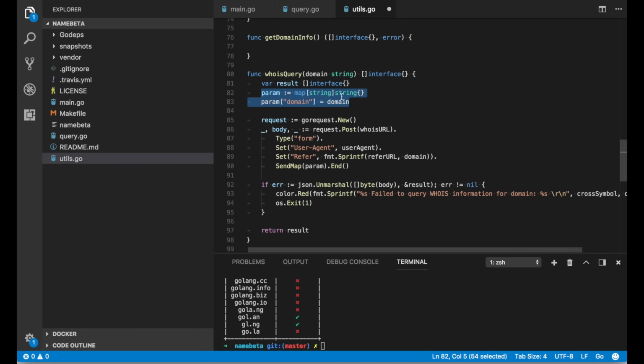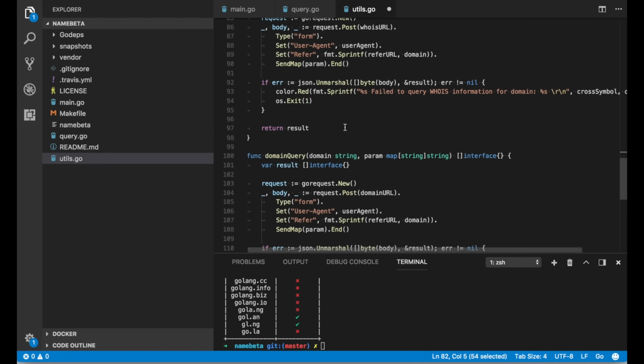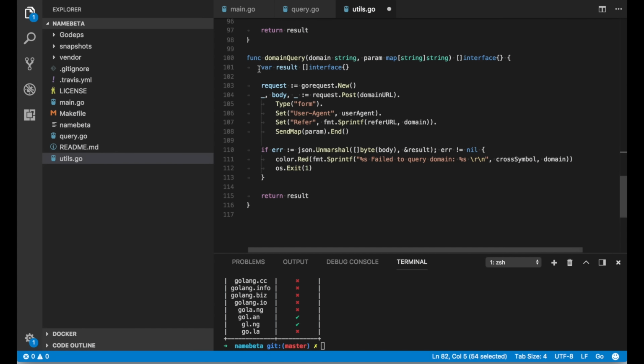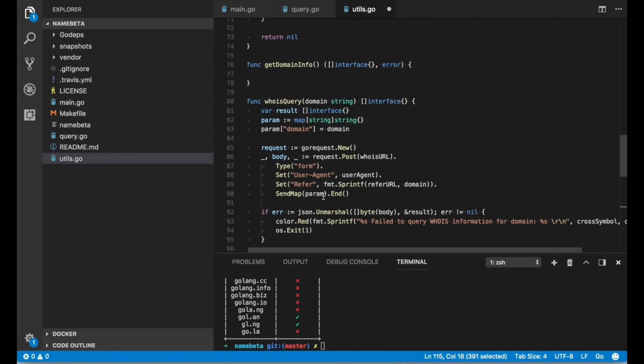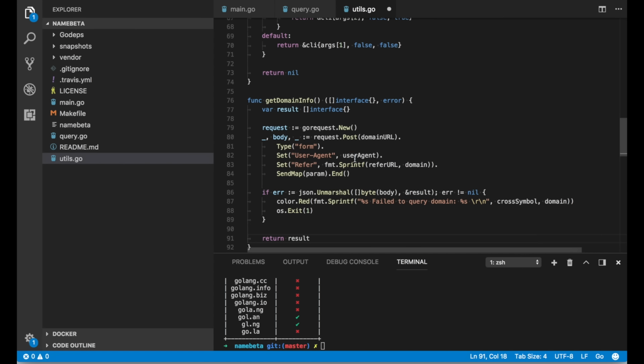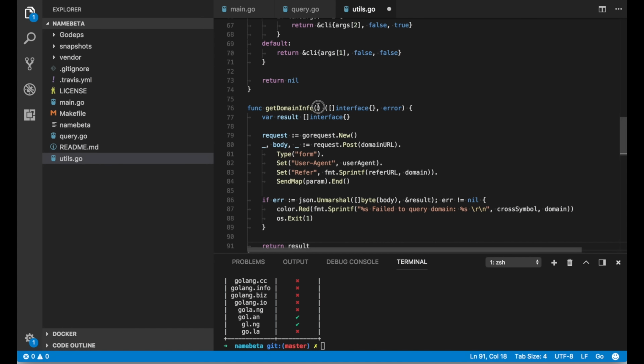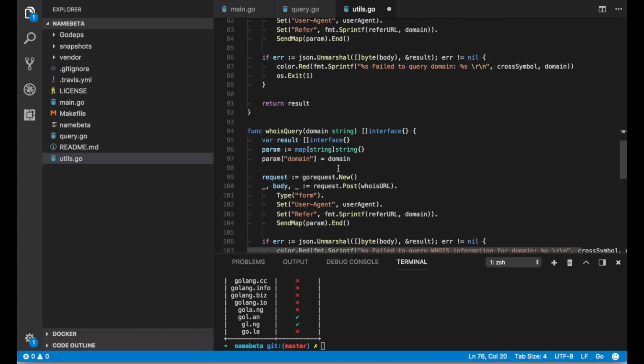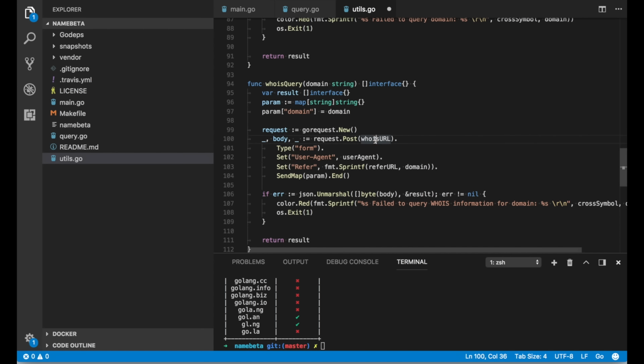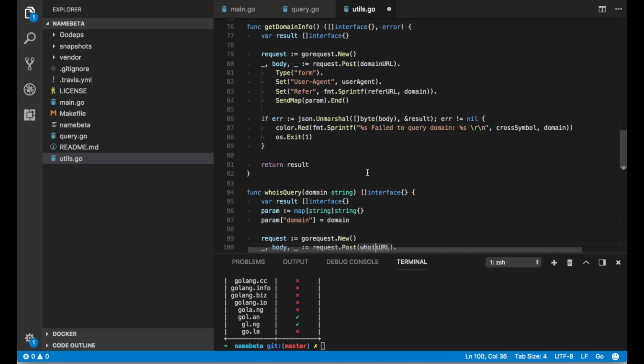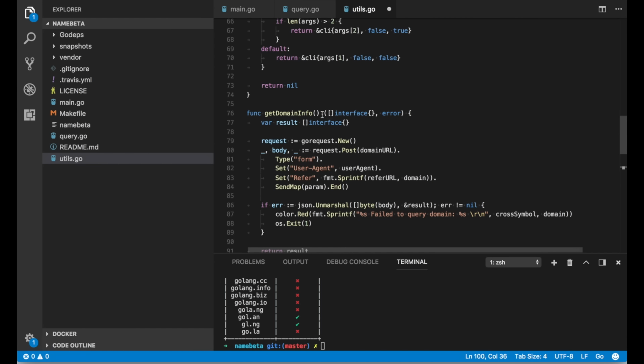I think that we can send these params from query.go file. So I think that we will go with this one as input parameters. Alright, and the URL for post request is different. So it will be the first argument to this function,